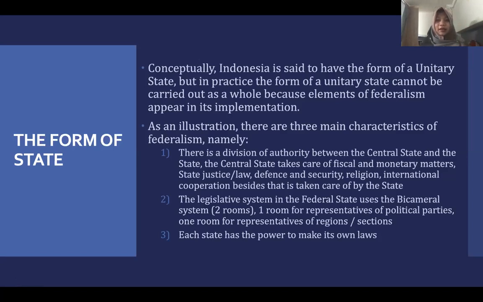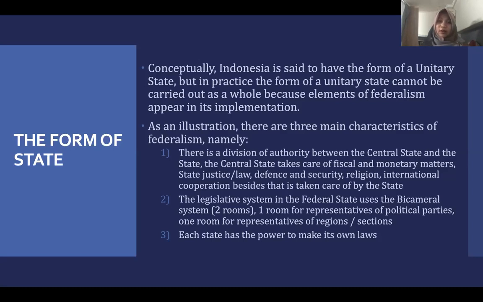Here, Indonesia says that we have the form of a unitary state, right? Republik Indonesia, NKRI, Negara Kesatuan Republik Indonesia, the Unitary State of Indonesia. But here we have to be critical, as there are differences between senior high school and college. We try to analyze: is Indonesia still a unitary state or a monarchy? Once again, Indonesia says it has the form of a unitary state. But